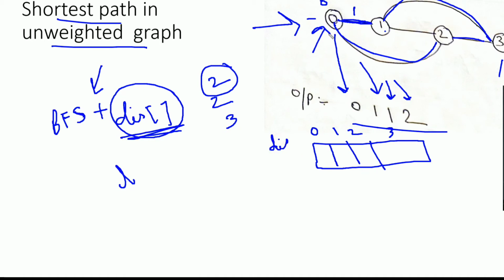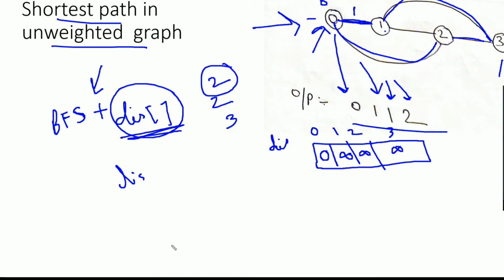The source vertex is 0. So the distance between 0 to 0 is nothing but 0. I will be initializing the starting value of this array as 0, and all the other values I will be initializing with the maximum number, that is infinity.